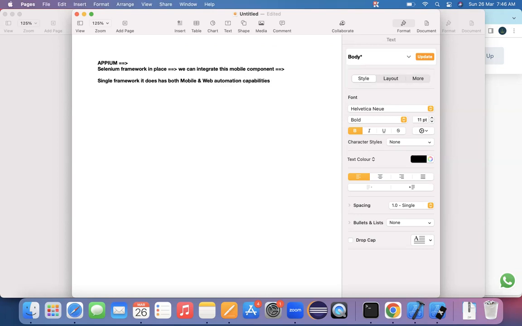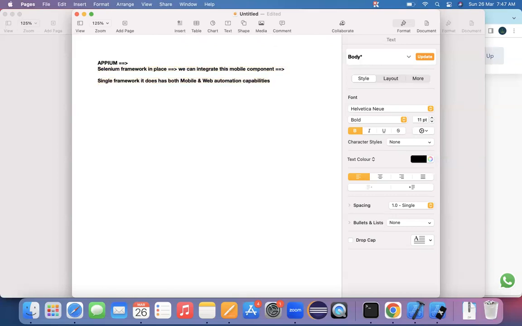Whatever existing Selenium framework we have as part of an organization, we can also integrate the mobile capability into it, so that the framework has both web and mobile integration. These days, the majority of organizations that already have a Selenium framework in place are going to integrate this mobile automation capability with it.